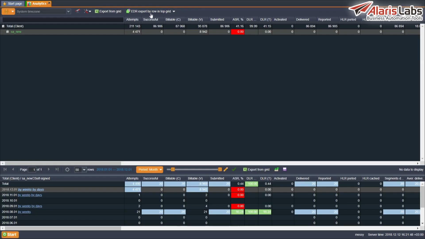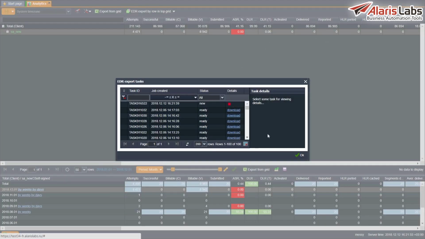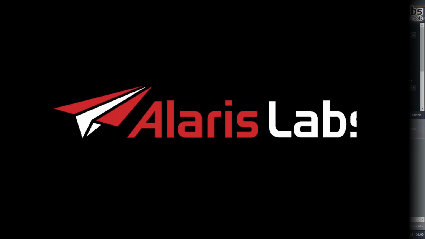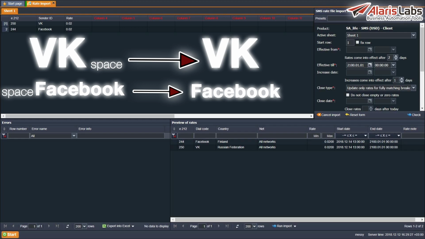Now, buffered EDRs are not included in the EDRs exported from SMS Analytics. When they were included, the user could see more EDRs than expected in the exported file. Leading and trailing spaces are now removed during import of the sender ID column in SMS Rates Rate Import. This enables error-free import of rate sheet files that may accidentally contain such symbols due to manual entry or irregularities